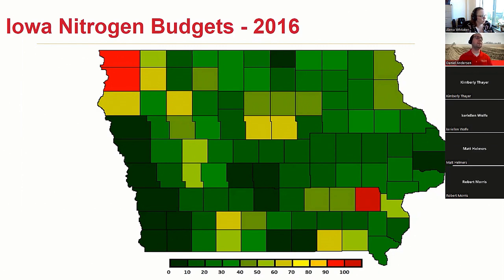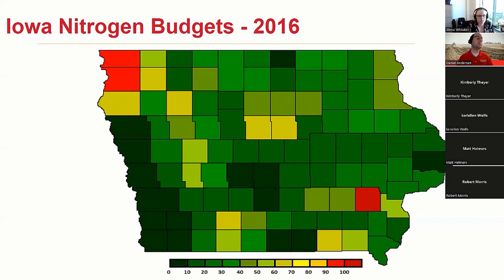To give you an idea what I'm showing in this graph, I have it color coded in 10% increments. So that really dark green there means that 0 to 10% of the potential nitrogen in this case that we need to support crop production can come from manure. Now, a few caveats with that. That's not how much nitrogen I actually need for the crop. That's how much nitrogen is really being removed with the crop, only accounting for corn and non-leguminous crops, right? So I'm not including soybean on this. I am including grass hays, but in Iowa, the majority of that nitrogen use is for corn production.